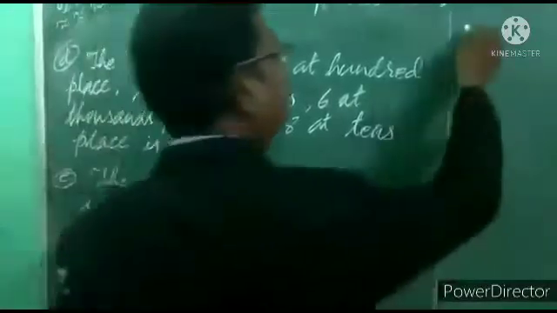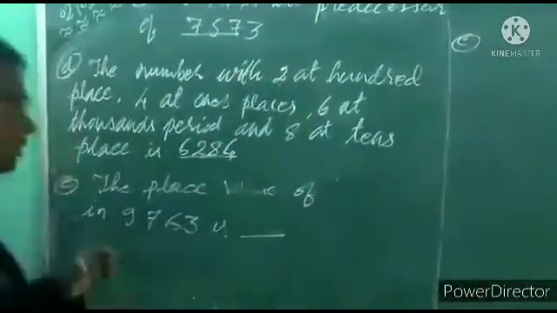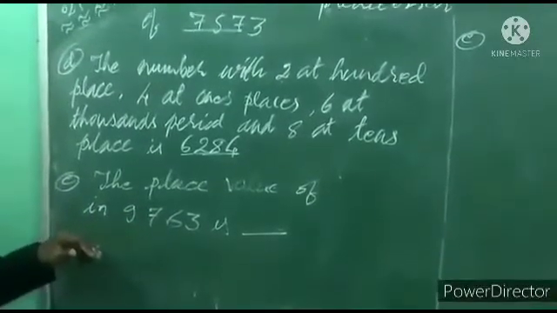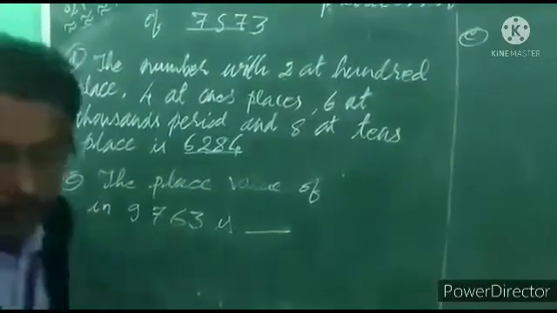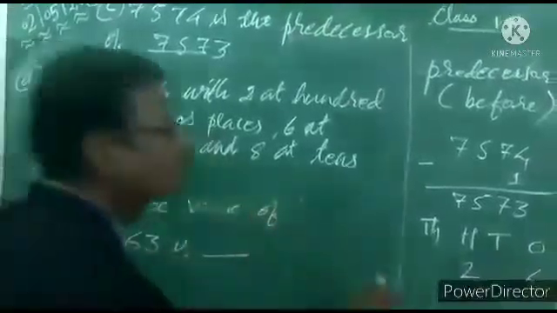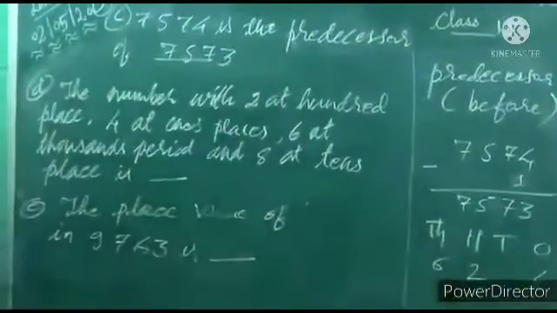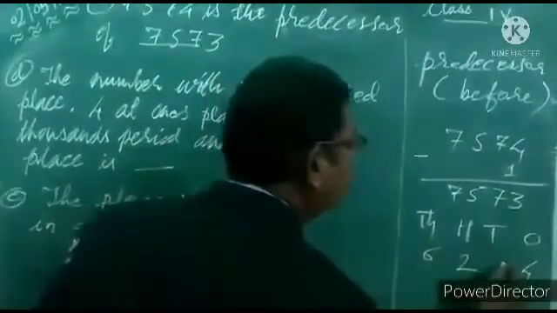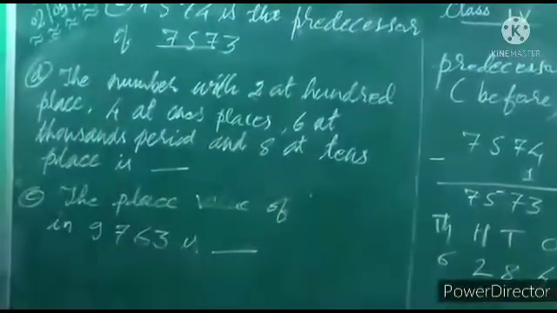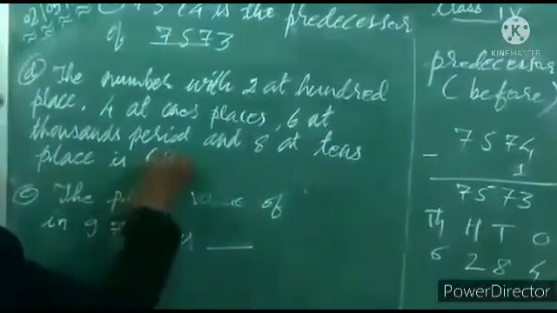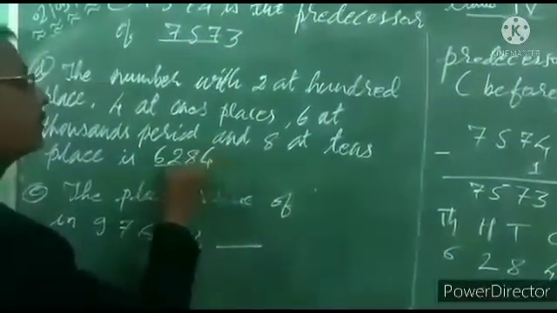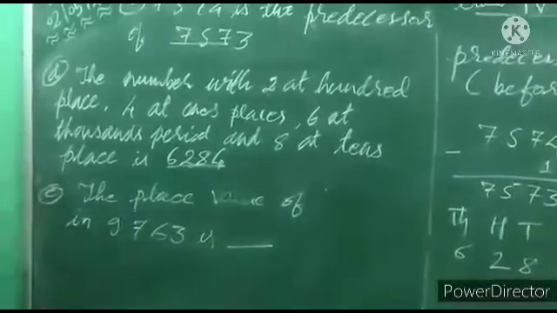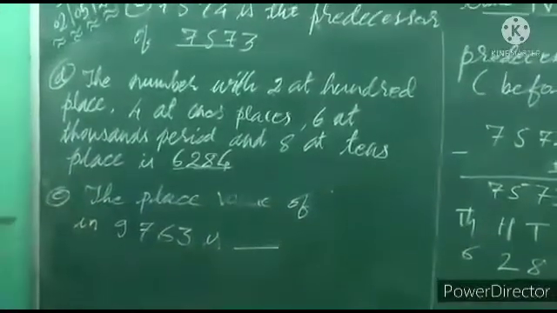E example, rub. If you want to do rub, we have to do on the side. The place value of 9, the place value 1000 period, which number we have to put? 6. And 8 at 10's place. So below place value of 10, you have to put here what? 8. So required number is 6,284. 6,284. Understood? Now, next example.